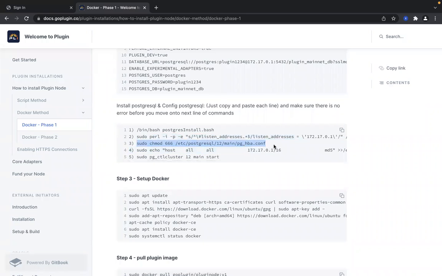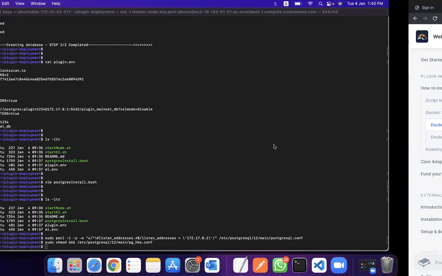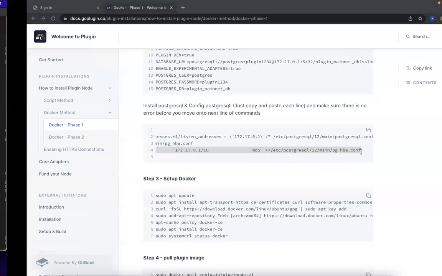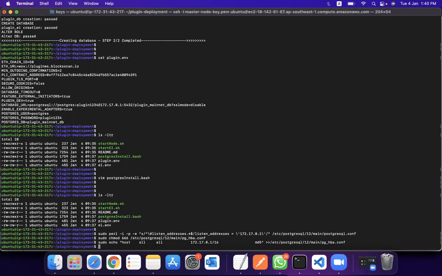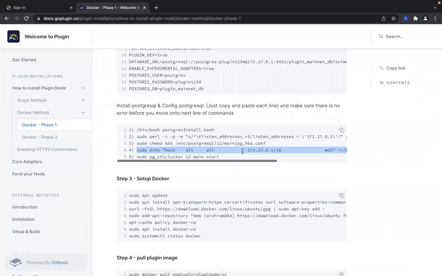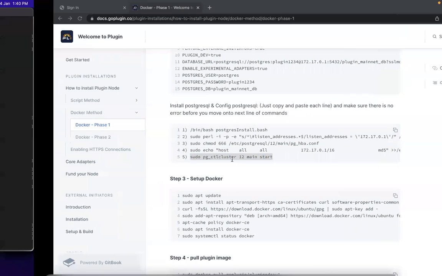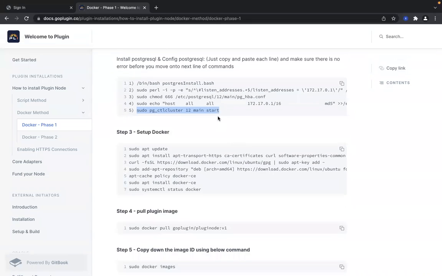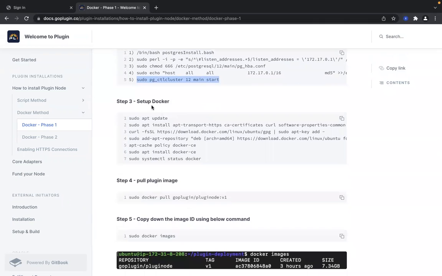And these are some of the permissions you need to provide for the Postgres database. Basically, all these commands mean you are allowing your Docker container to talk to your Postgres database, which is running on the host system.